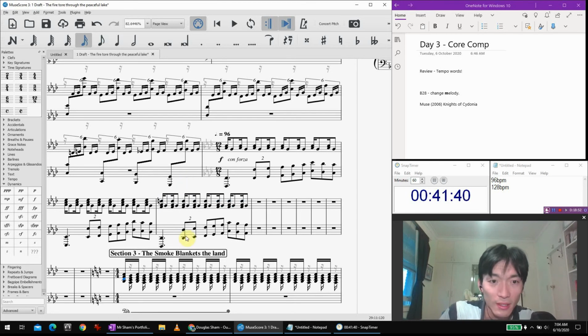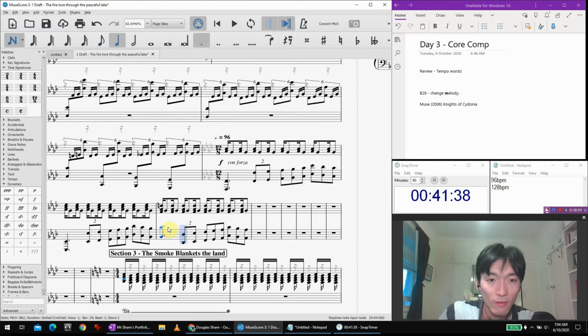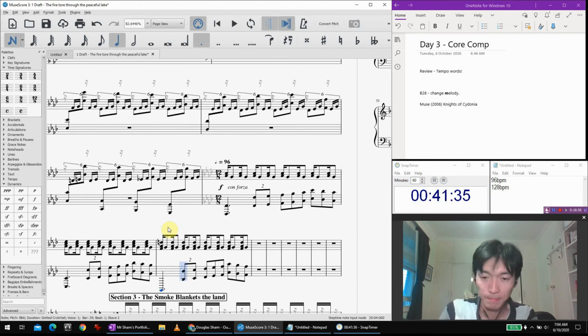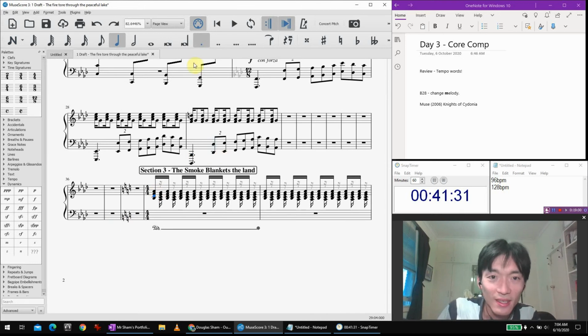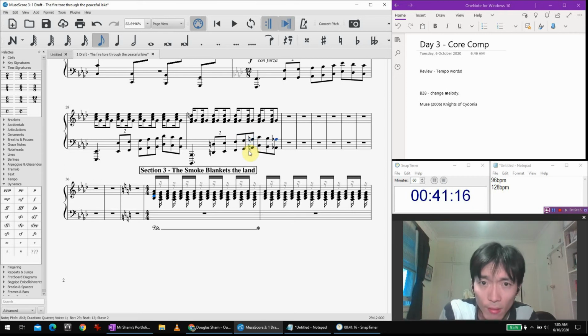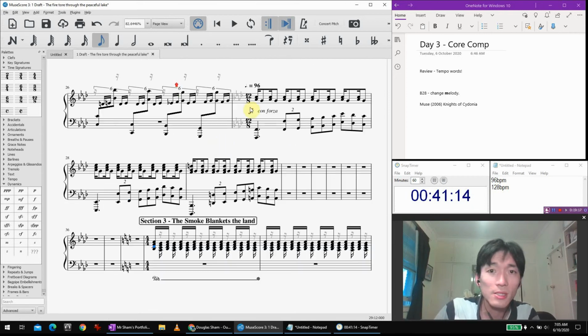Oops, okay, let's try this. Change this to a B flat chord. That's low. Oh, whoops. Okay, let's try that. Okay, so this I've changed into a B flat sound. That's E flat. A flats don't belong in B flat. Let's go up there. Let's hear what it sounds like.